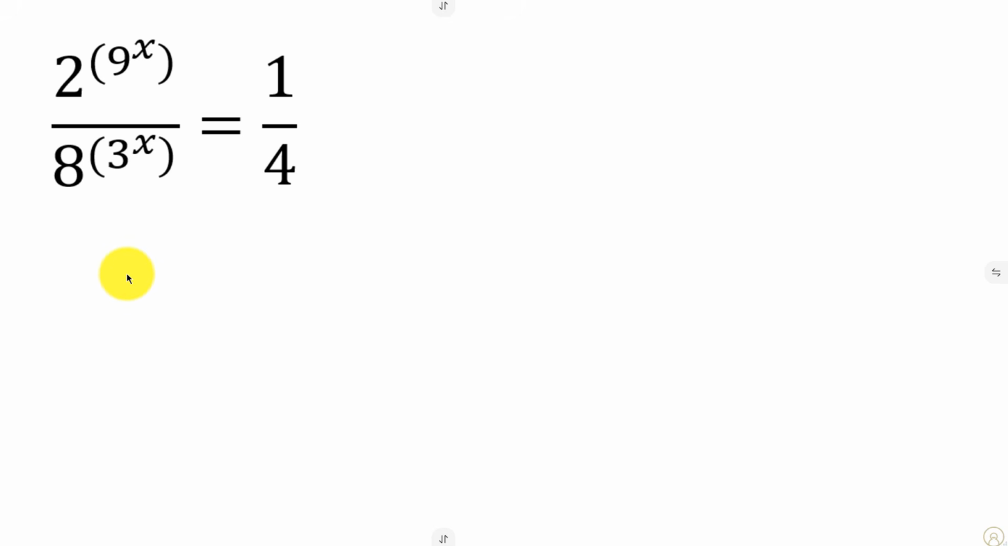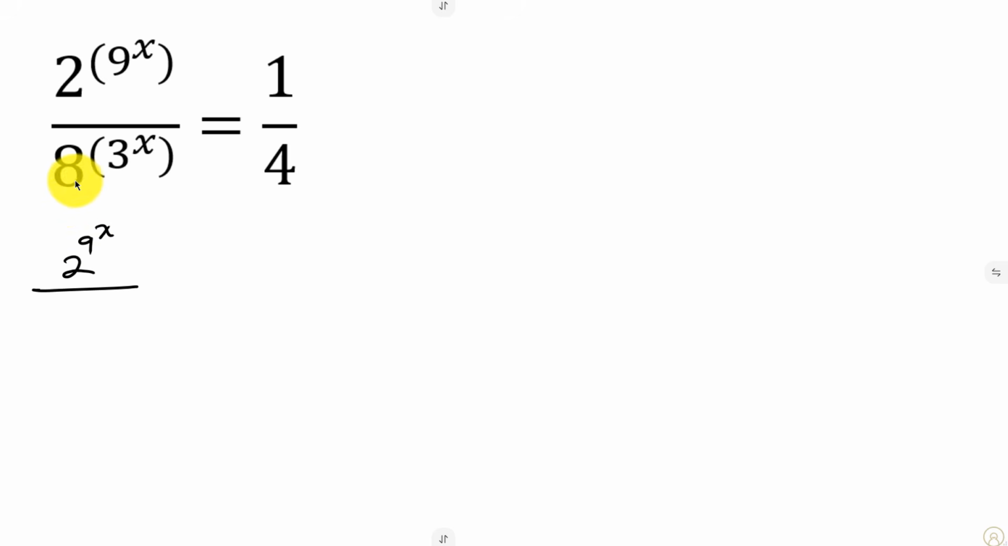If you're looking for the simplest way to solve questions like this, then this video is for you. Watch this, because when you see this method, you're not going to be seeing bases 2 and 8 the same way again. Now we have base 2, which is 2 raised to the power of 9 raised to power x